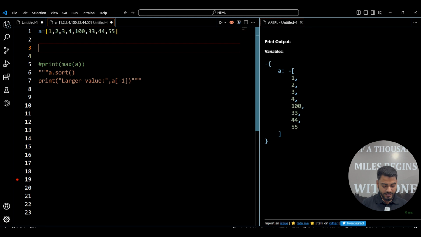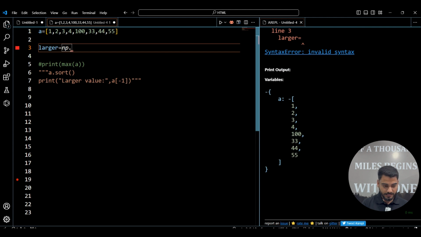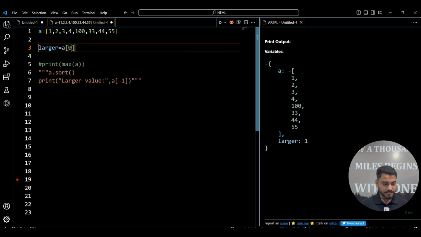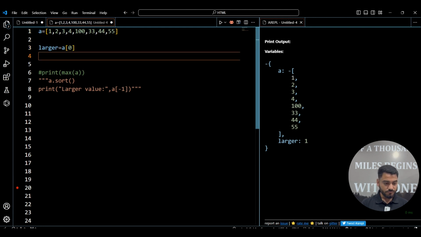You will think I should take one variable, let's suppose I'm taking larger. Larger is equal to the value of index 0, A of 0, that is the 0th index value, which is 1.